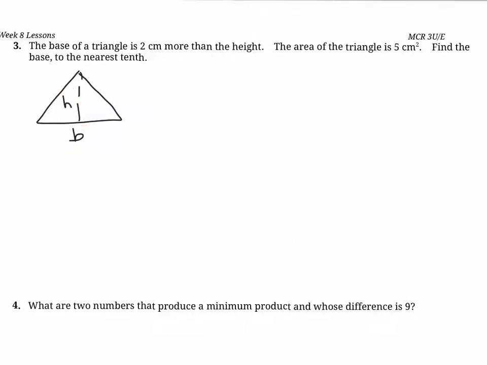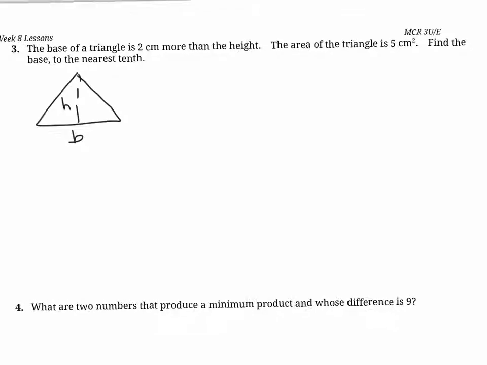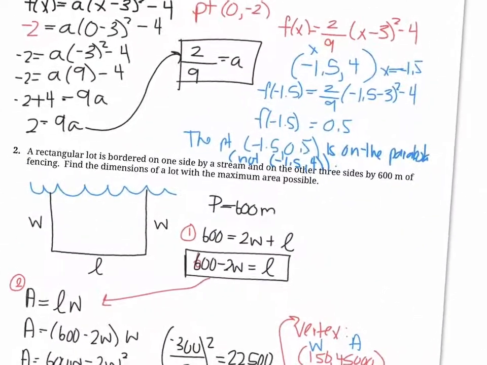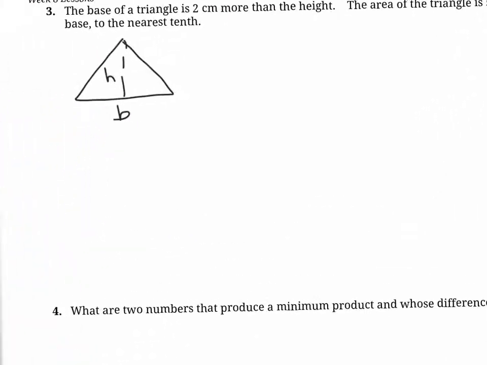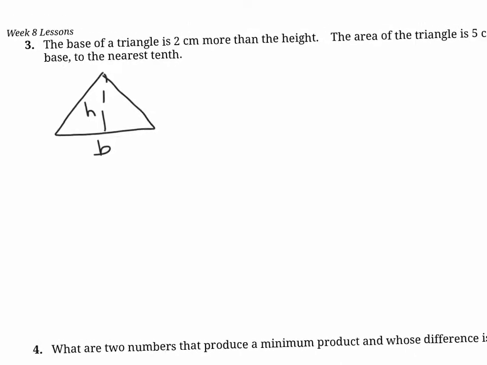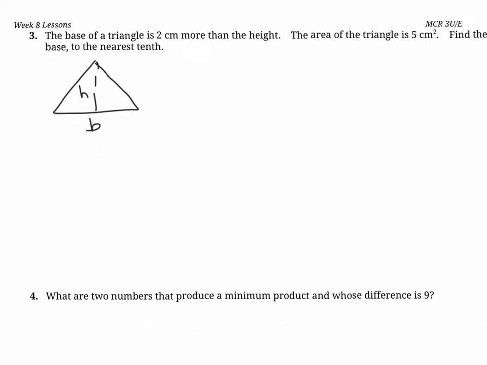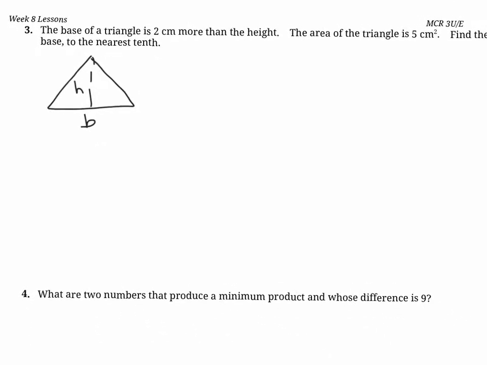We could have also done that for the previous question, but it's reasonable if you have a sketch and you label your letters there, just like we did on the previous page. Then it's reasonable for any reader to understand what you have defined W and L as. If you want to be super safe, you can define B as the base and H as the height. But if you've got a picture here, defining it implicitly, then this is fine. So B will be the base and H will be the height.